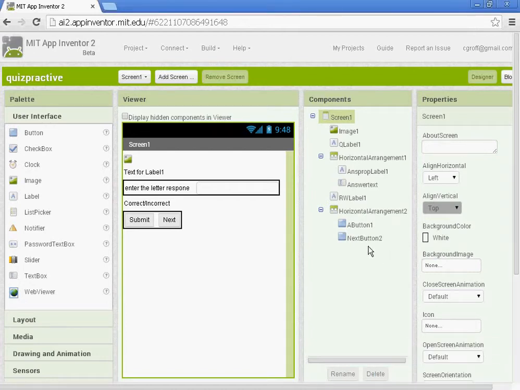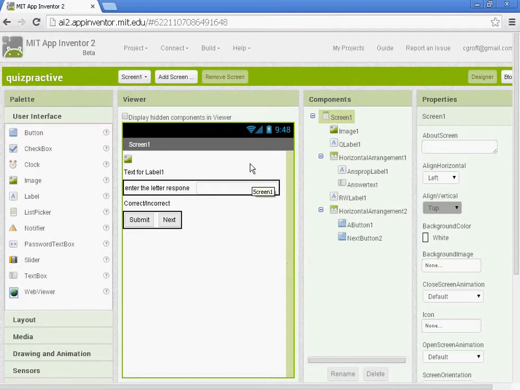Welcome to this lesson on the bridge quiz. In this app we're going to be creating a quiz on bridges since that's what we're studying for the fourth 9 weeks. But it's universal in that you can take the template and change up the questions and make it into any kind of quiz you want. Part 1 we're going to be adding the components and creating 2 variables, an answer list